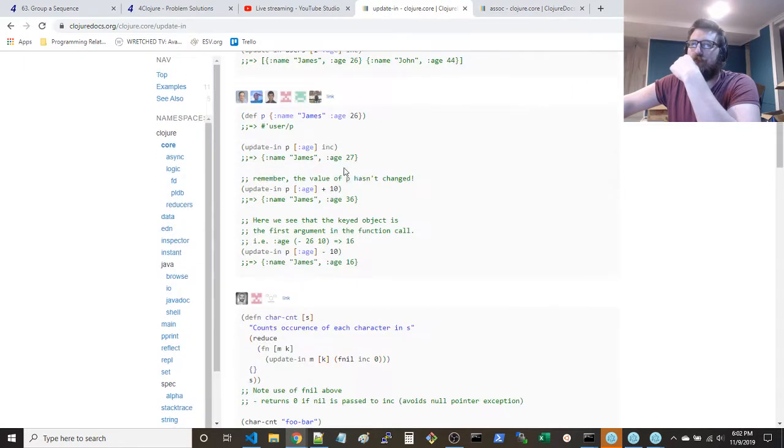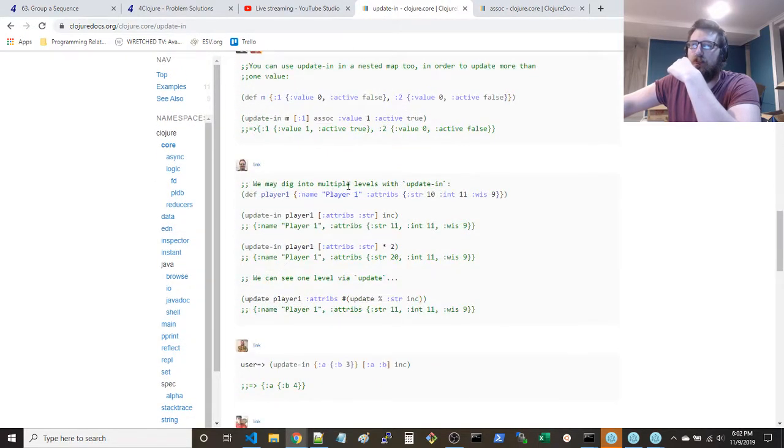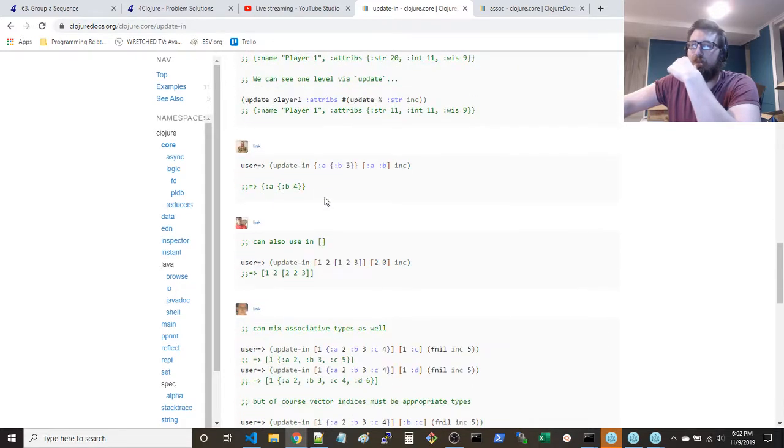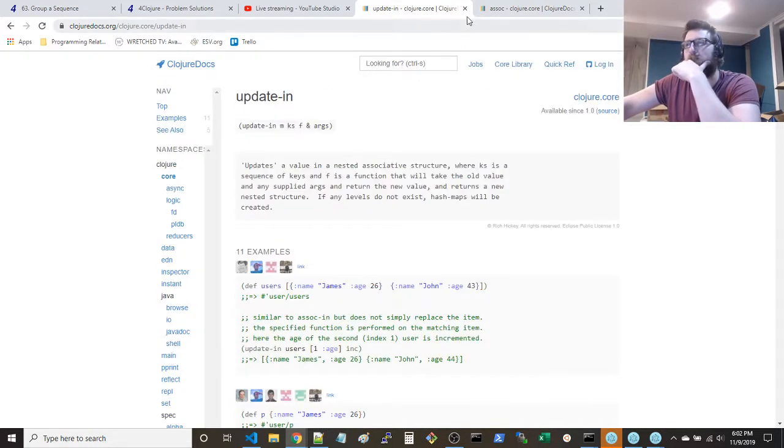Using a sequence of keys, I guess, can get just a little confusing. I don't know what to think of that. I'm not going to think about it more though.